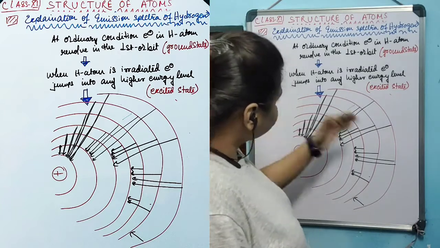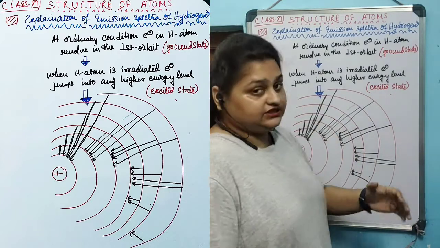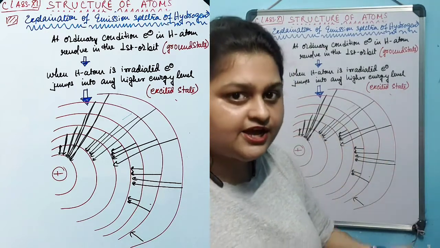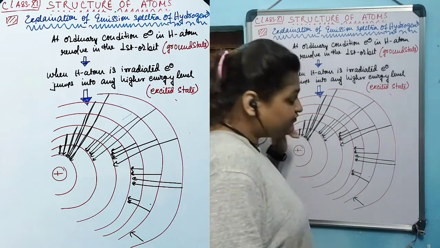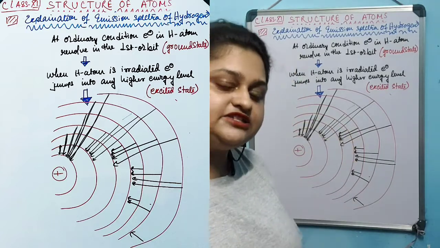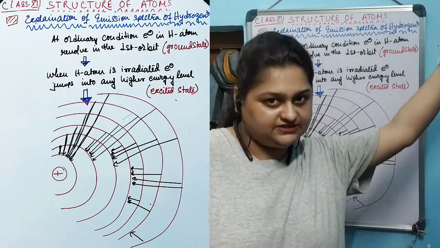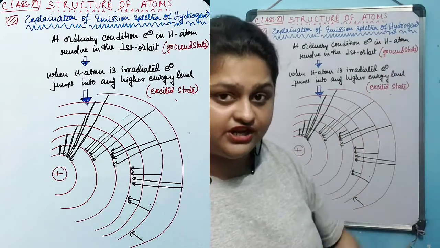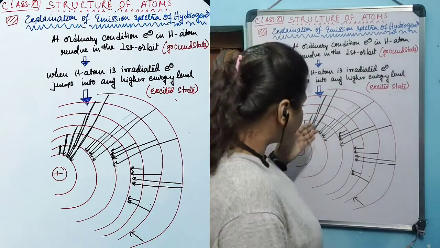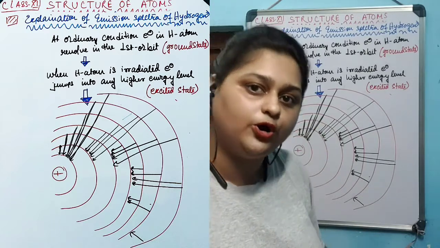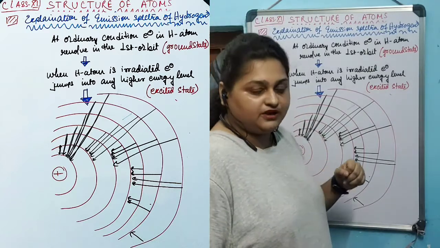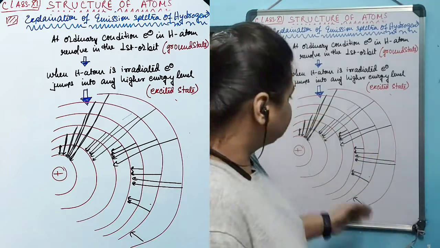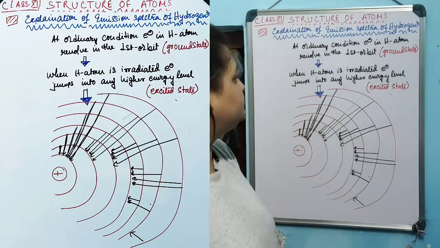So the electronic spectra that we are getting is always because the electron in its high excited state is jumping back into the first energy level only. In that case, the spectra that we will get will correspond to the Lyman series. If the electron jumps from a higher energy level, from an excited state, to the second energy level, in that case we are always going to get the Balmer series. The lines that correspond to the spectra will correspond to the Balmer series. That's how we get all the spectral series for hydrogen.